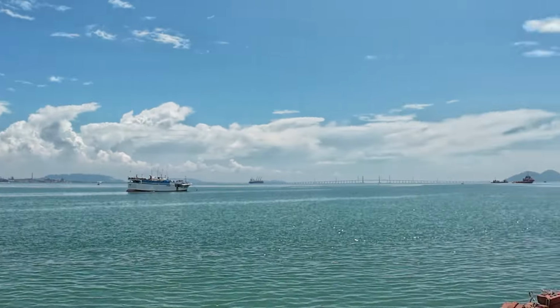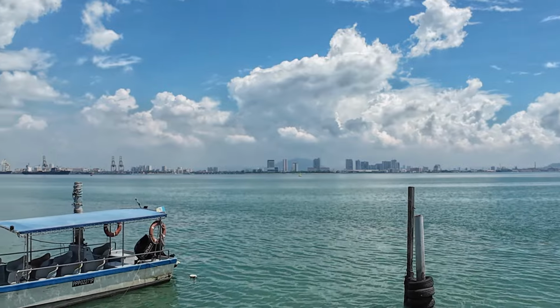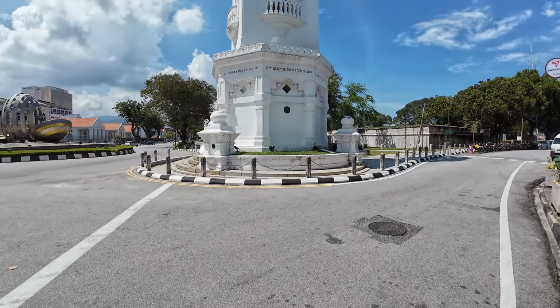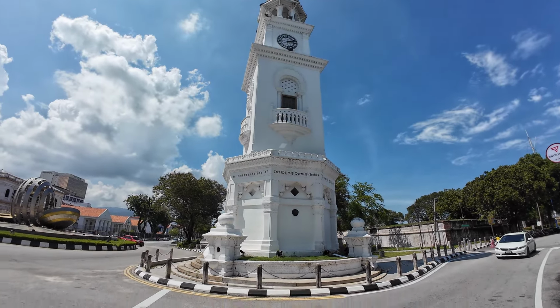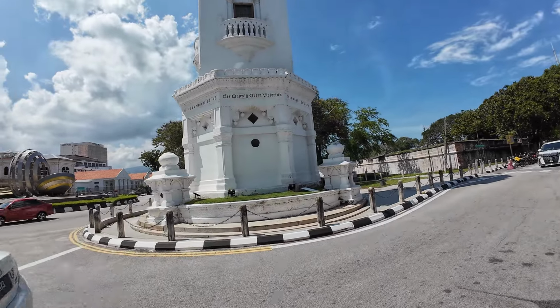As you can tell, it's a lovely day. Very hot walking around, must be 30-something degrees, but not complaining too much. So we've come down to the Esplanade part of the town now, and this is Queen Victoria's Memorial Tower, built